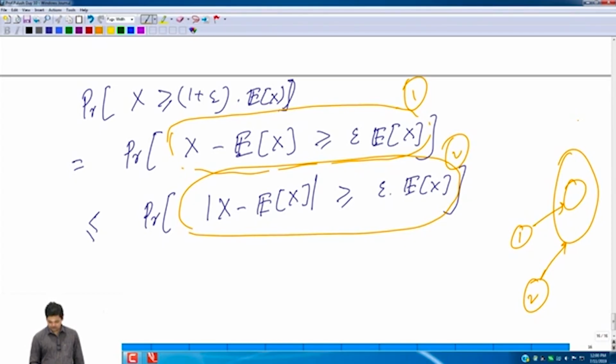Okay, now this question. Yeah. Okay. Now to apply Chebyshev, left hand side we have in shape. For the right hand side we need to write it in terms of variance, so that we can apply Chebyshev, and let's do that. Again, this is equality because this is relation with previous line.